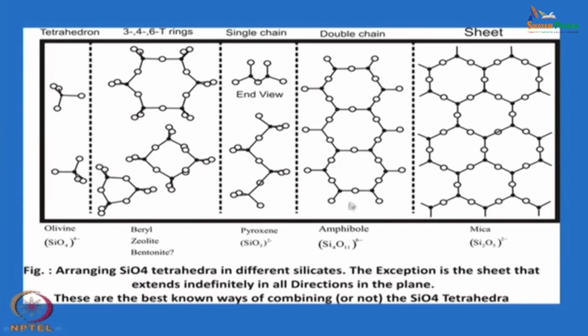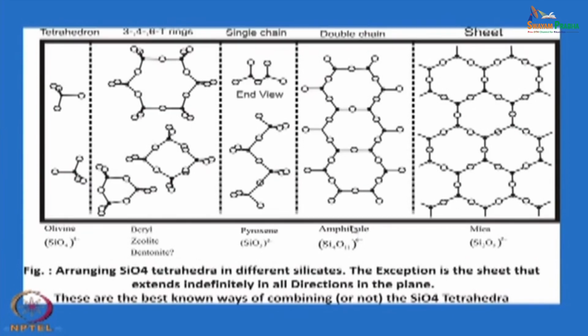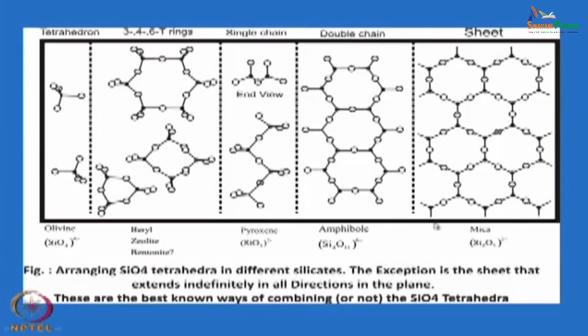Here only 2 of the chains are joined together, whereas in the sheet structure a large number of chains are getting joined together to form a complete horizontal structure of silicon oxygen sheet. So, that is another very interesting property of silica, and there are many varieties of sheet structures. I will give some of them,